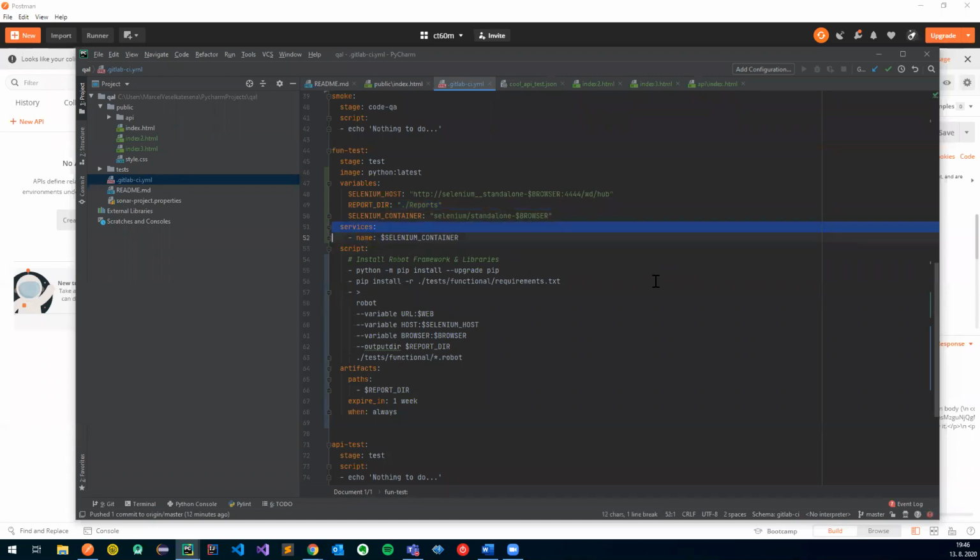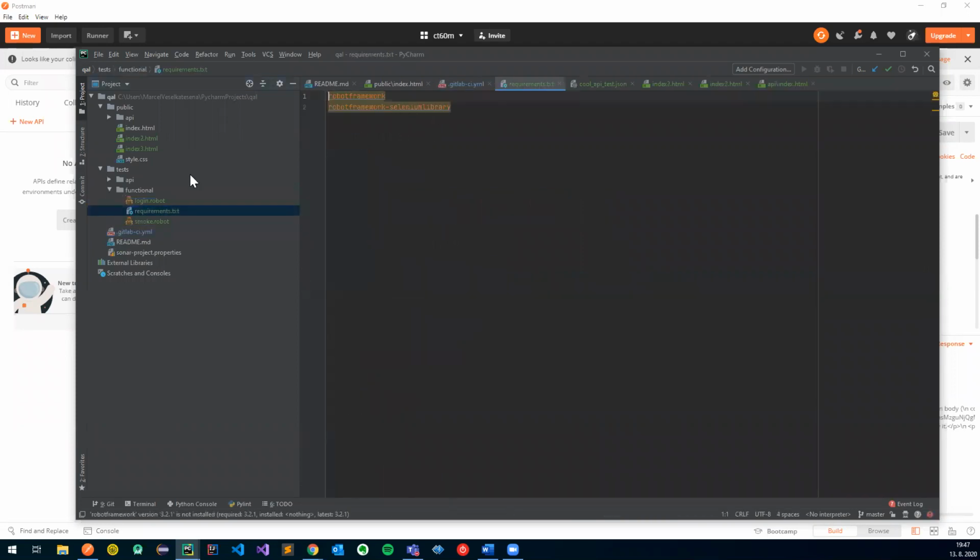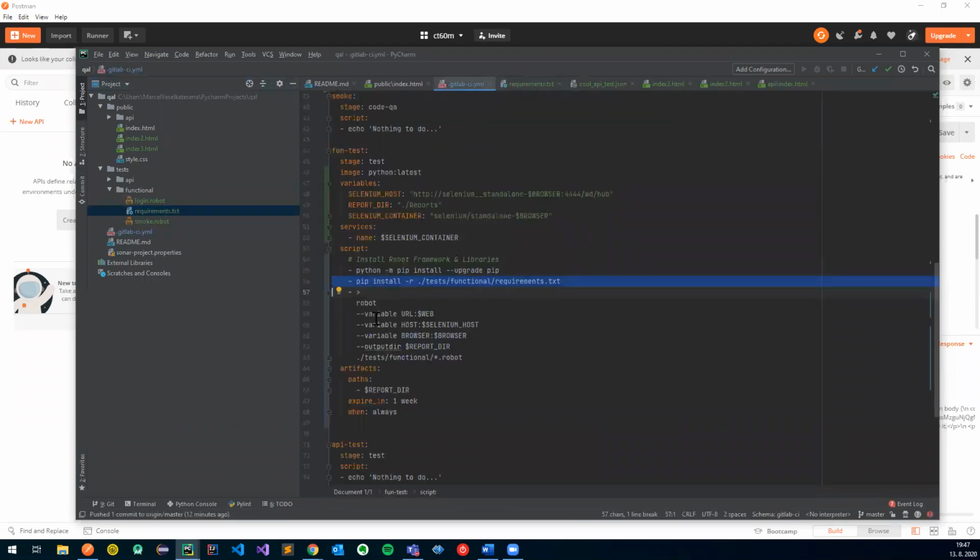This helps us to overcome any problems with versioning of Selenium driver and browser version. And then I install the requirements from test functional, which is the folder where I put these requirements. So I install these two libraries, and then I execute my robot tests. And I'm passing some